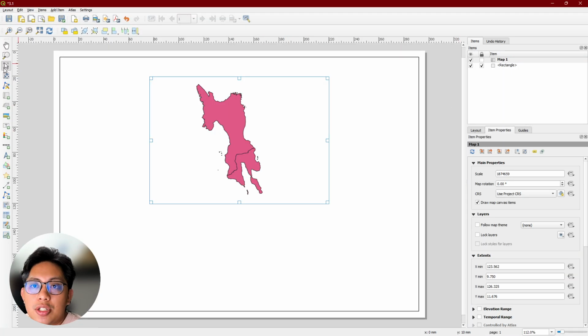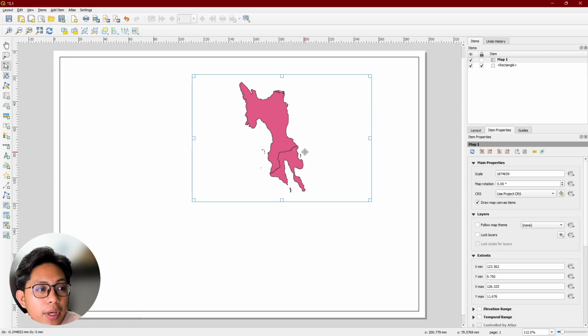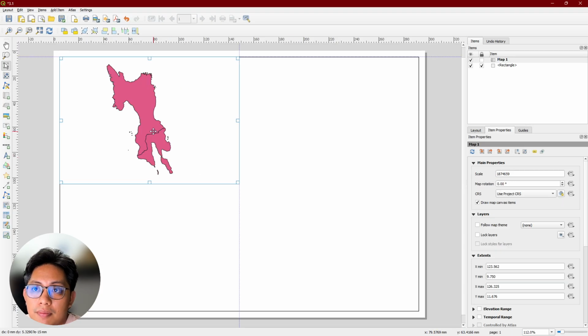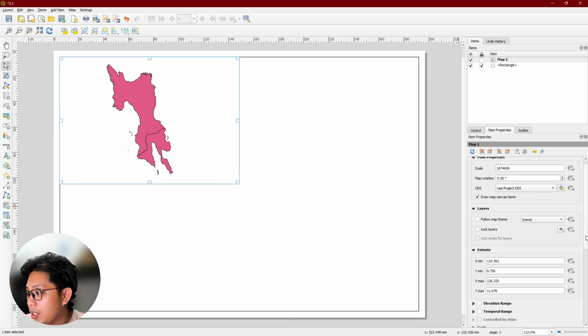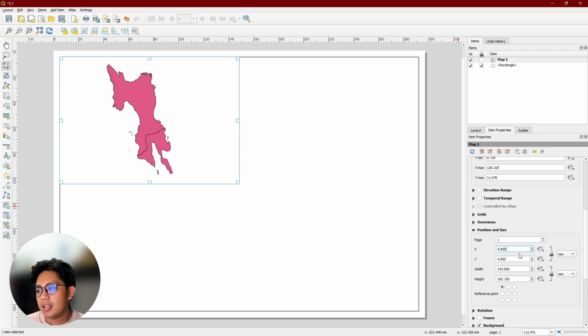When the selection is at select or move item, I can move my item anywhere I want. So I want to lock it in that position. Normally, it doesn't really follow that locking mechanism. So I'm going to go back to position and size. See here, it's not at 5. It's at 4.85. Now, since I don't want this, I'm going to lock this really at 5.